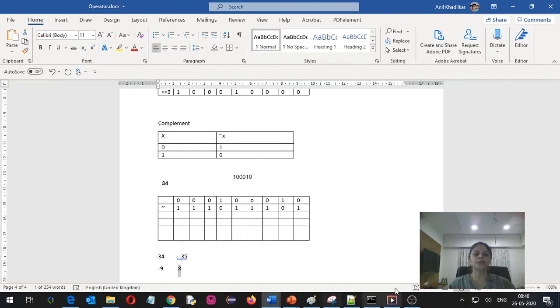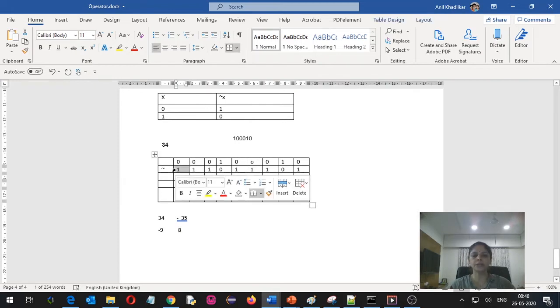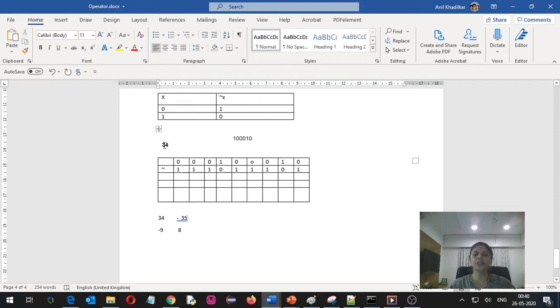Now if you want to understand how this answer comes and how it gets calculated, if you check over here, we are replacing this 0 by 1, then this will become a very big number. It will not definitely become 35. The reason behind it is, imagine that this 34 is stored in your system, and suppose it is occupying only 1 byte of memory. Actually it allocates 4 bytes of memory, but for simplicity imagine that it is using 1 byte, which is equivalent to 8 bits.